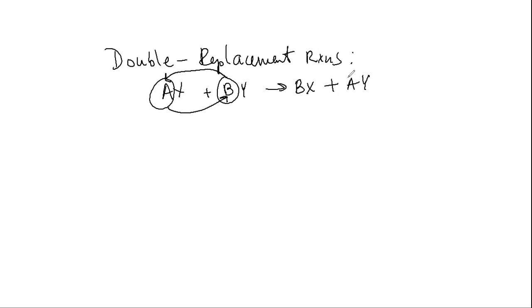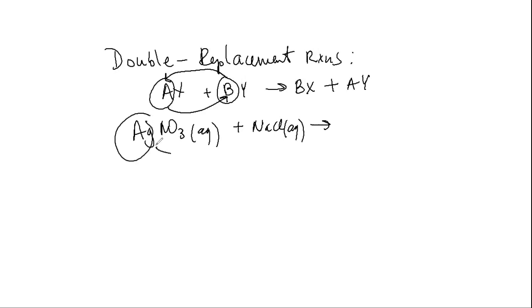So you see how all they did was just exchange places. They just exchanged the places, and that's exactly the way with the arrows I showed you. Now, what could be examples, guys, of this reaction? I think in the lab, you guys already have seen these reactions. You've got silver nitrate, AgNO3 aqueous solution, reacting with sodium chloride aqueous solution. And look what happens here now. This will come and kick this one out, and this will take the place of silver here. And so now we got here